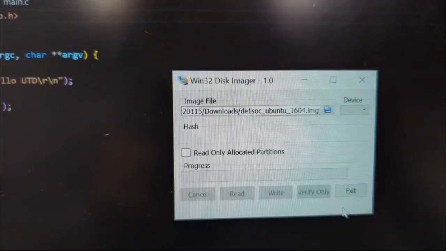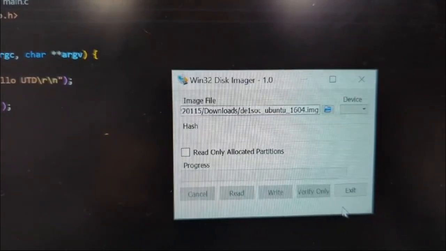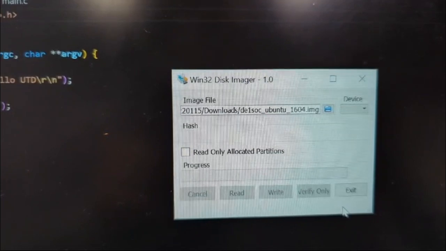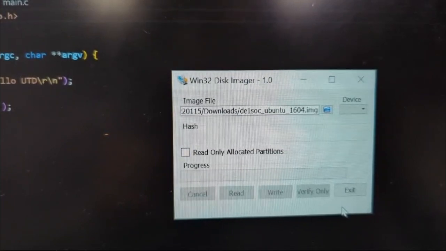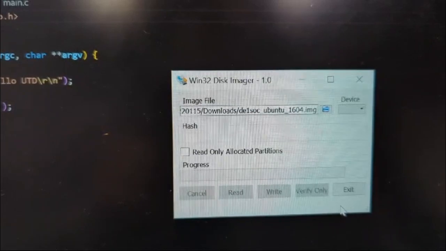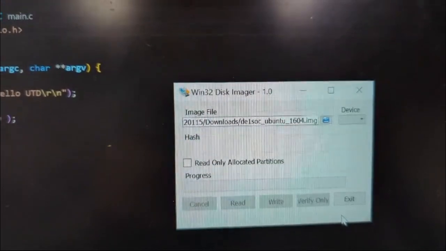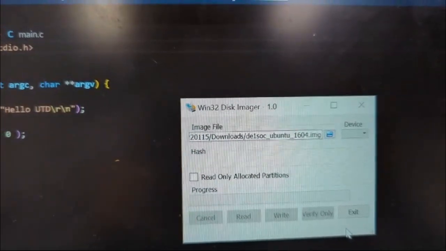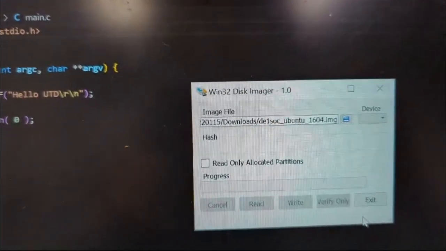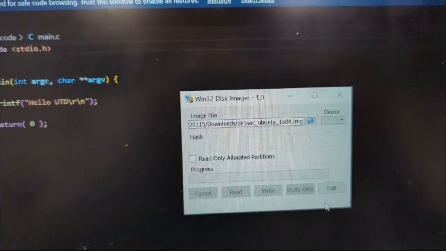So to start off the assignment, we will have to download the Linux Ubuntu software which is compatible with our FPGA. After downloading that, we get an image. Then we also download the disk imager. On downloading the disk imager and selecting our file here,